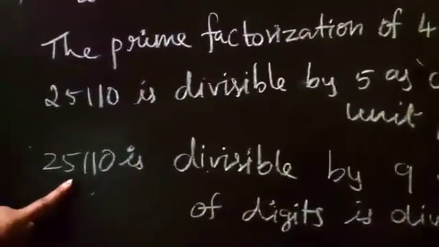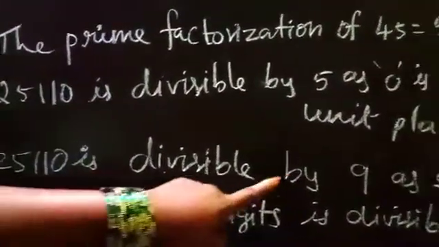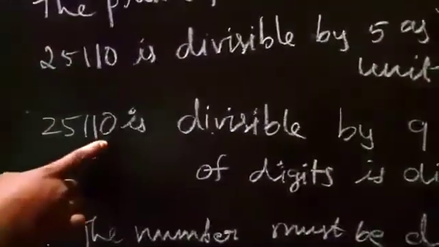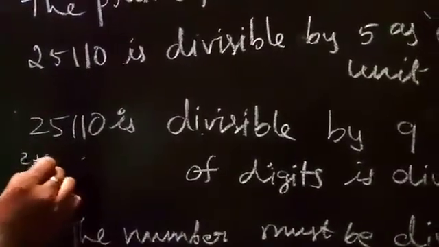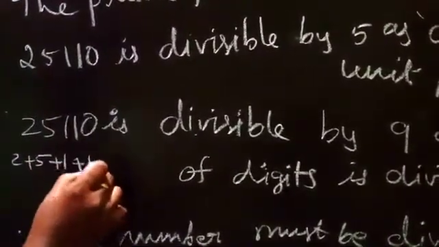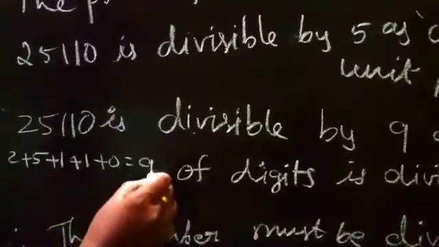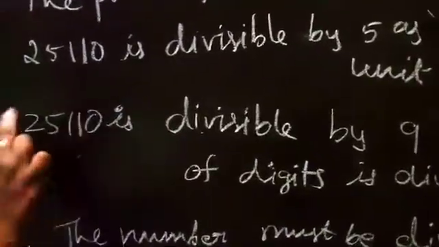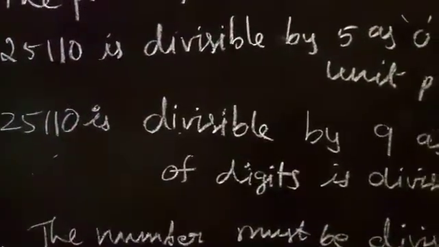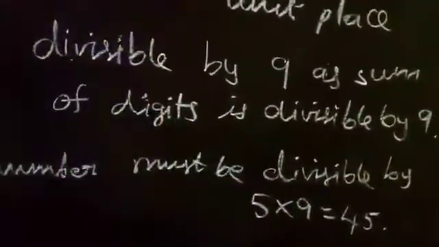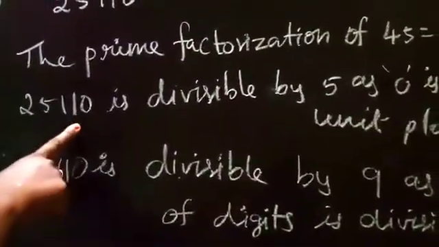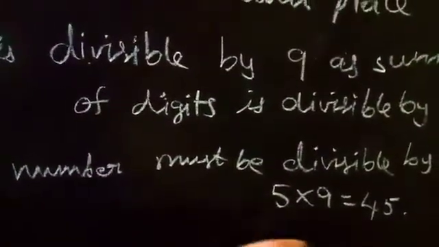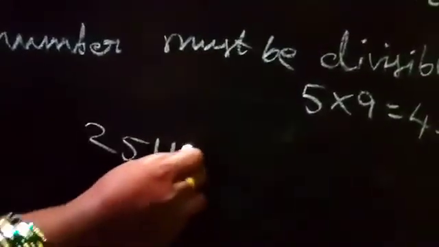Then 25,110 is divisible by 9, as the sum of digits is divisible by 9, because if you add everything, that is 2 plus 5 is 7, 7 plus 1 is 8, 8 plus 1 is 9, 9 plus 0 also is 9. So 9 will be divisible by the 9th table, so this number will be divided by the 9th table. The number is divisible by the 9th table, and the 5th table also. That's why 5 9s are 45. So this number will be divisible by 45 also,